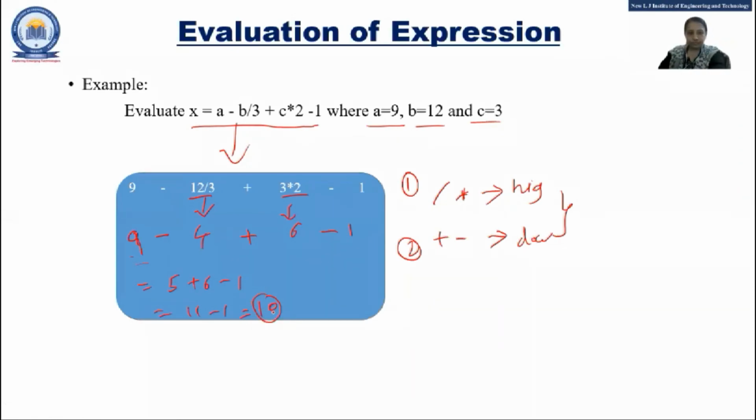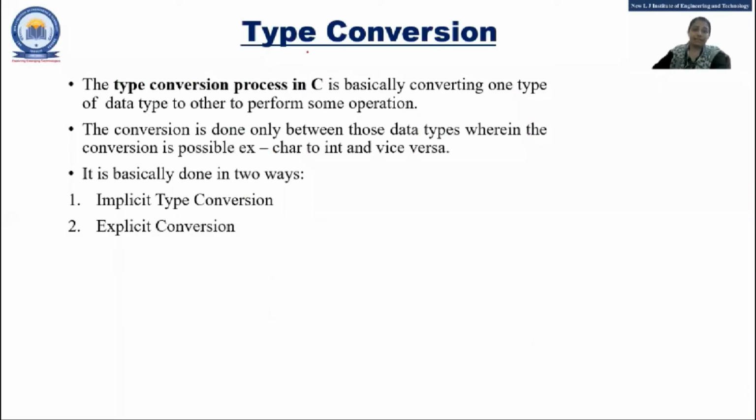Okay. Next one is type conversion. That we will see briefly. Type conversion, that means what? If you remember, in arithmetic we have seen integer arithmetic and mixed arithmetic.